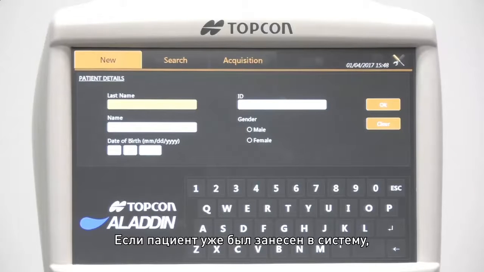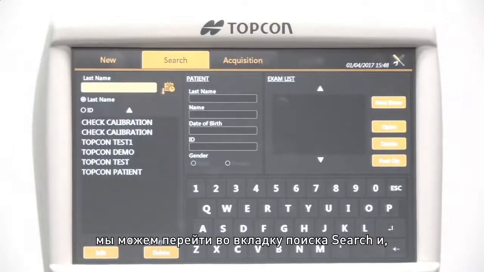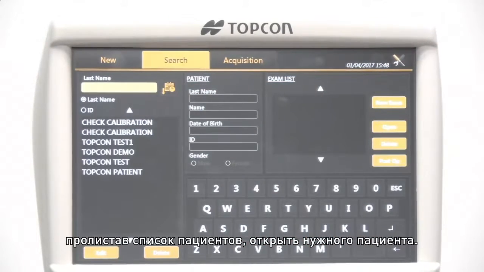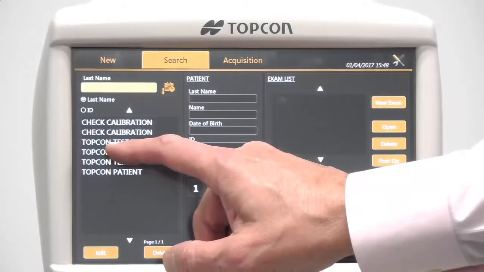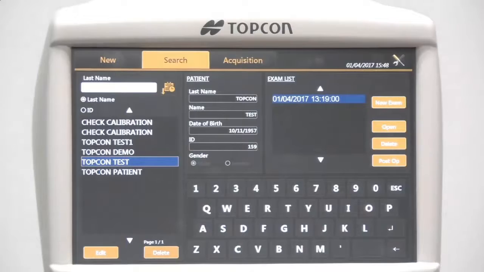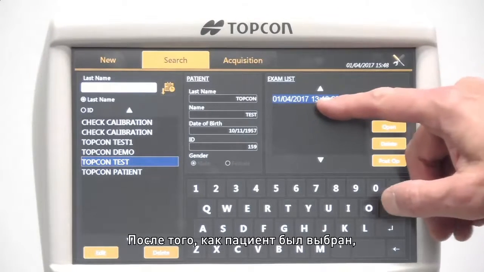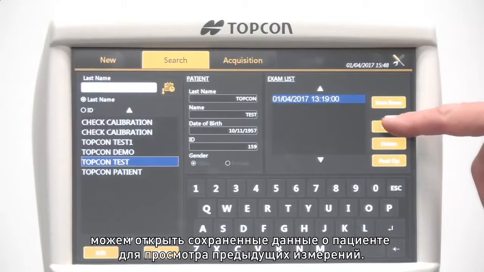If we have a patient that has been registered, we can go to the search button, and in here we look for the patient list until we find the patient we want to open. Once we selected the patient, we can select a new exam for that patient, or we can open the patient